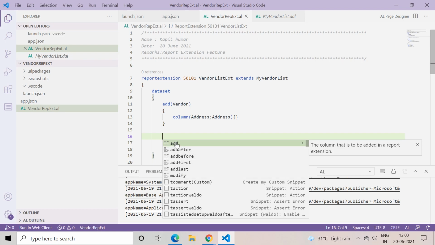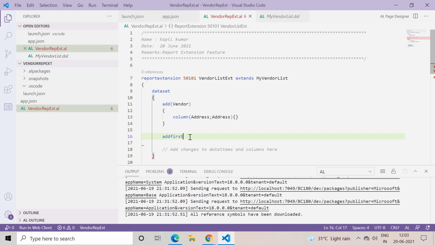So we have already seen the use of the add function, and just like we have seen in the request page section, we can make use of these functions, through which we can tell the system after which current data item we want to add our new data item. Okay, so in our case, let me select this add first, and here as you can read the definition, the data set anchored to which a data set should be added relative to.